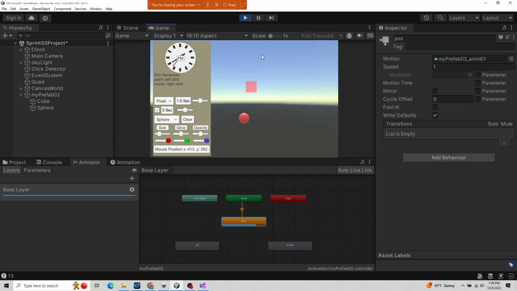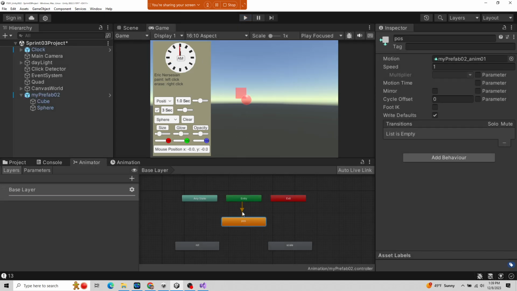So here we're playing the position animation, and notice the blue line, beginning and just looping over and over. So cool, it works. Now, what we're going to end up doing is we want to tell the animator which animation we want it to play based on what the user chooses. So the user is going to be able to choose between 3 different animations, much like it can choose between 3 different